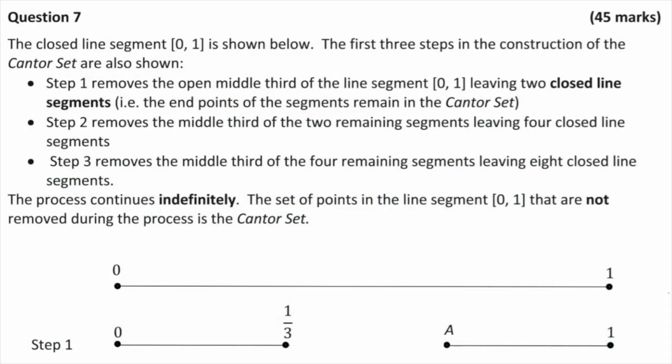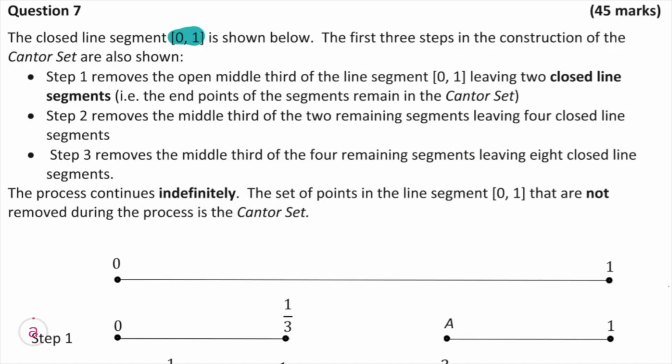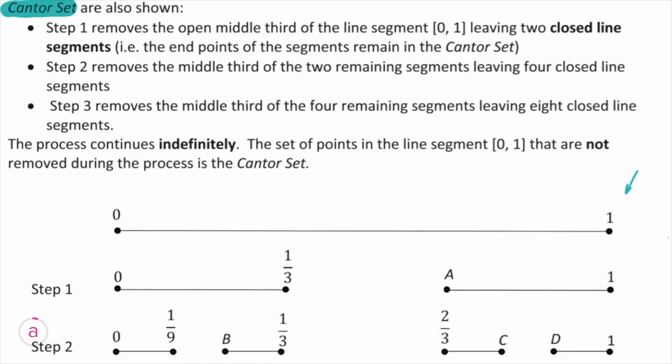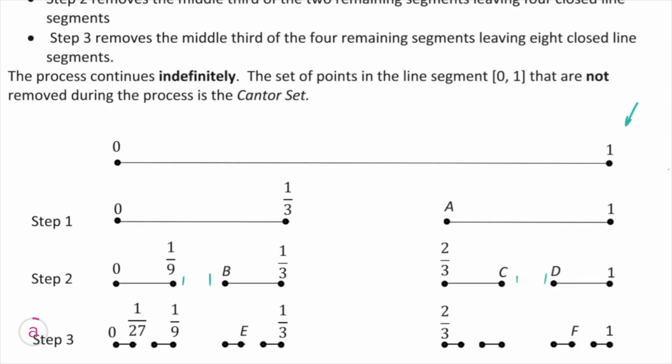We're told the closed line segment from 0 to 1 is shown below, so that's just here. And we're given steps of the construction of the Cantor set. Step 1 removes the open middle third. So as you can see here, the middle third of the line has been removed completely. That's now gone. Step 2 does the same thing to the remaining line segments. So these lengths in here, from here to here, on the left as well as over here on the right,